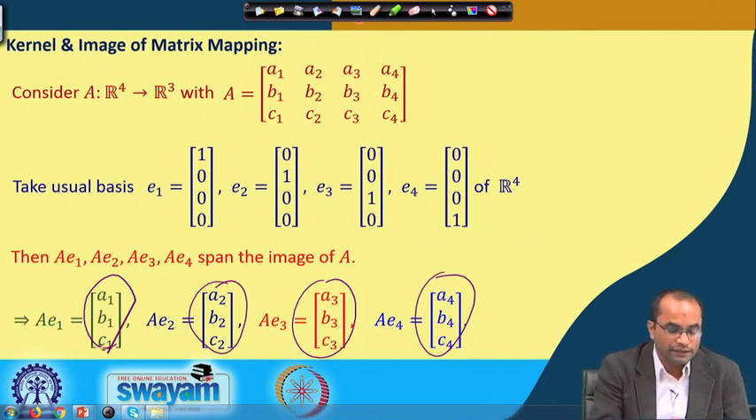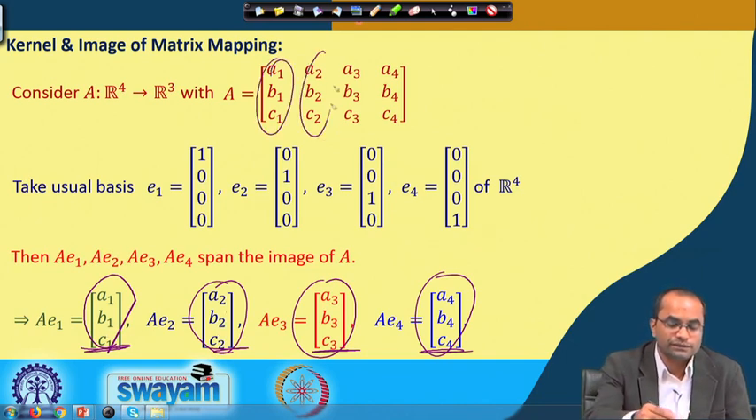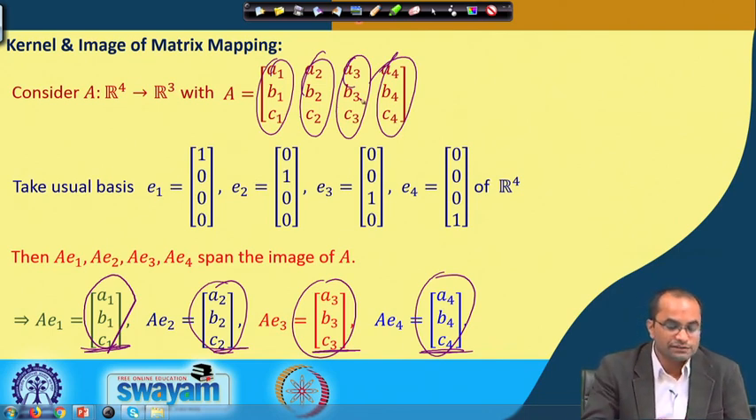So, we know already the spanning vector of this image in R 3. The image of this A: what are these? These are precisely the columns of this given matrix. So, the image is nothing but